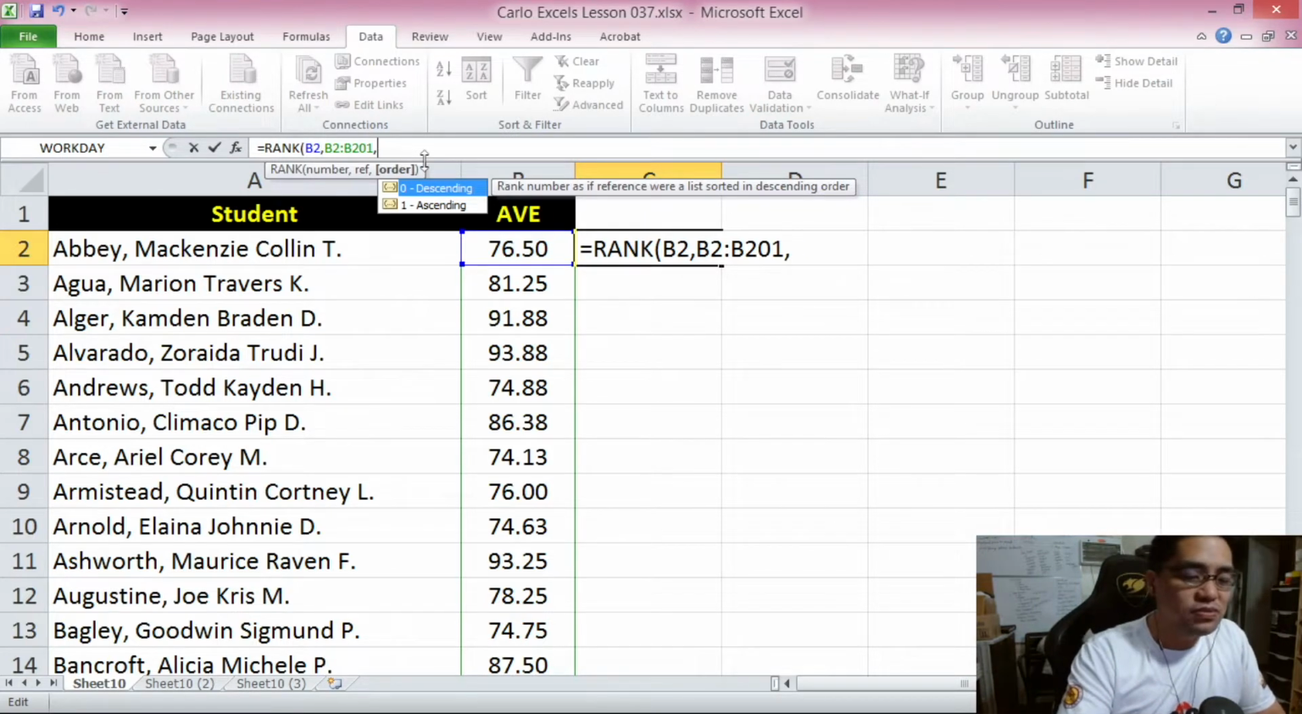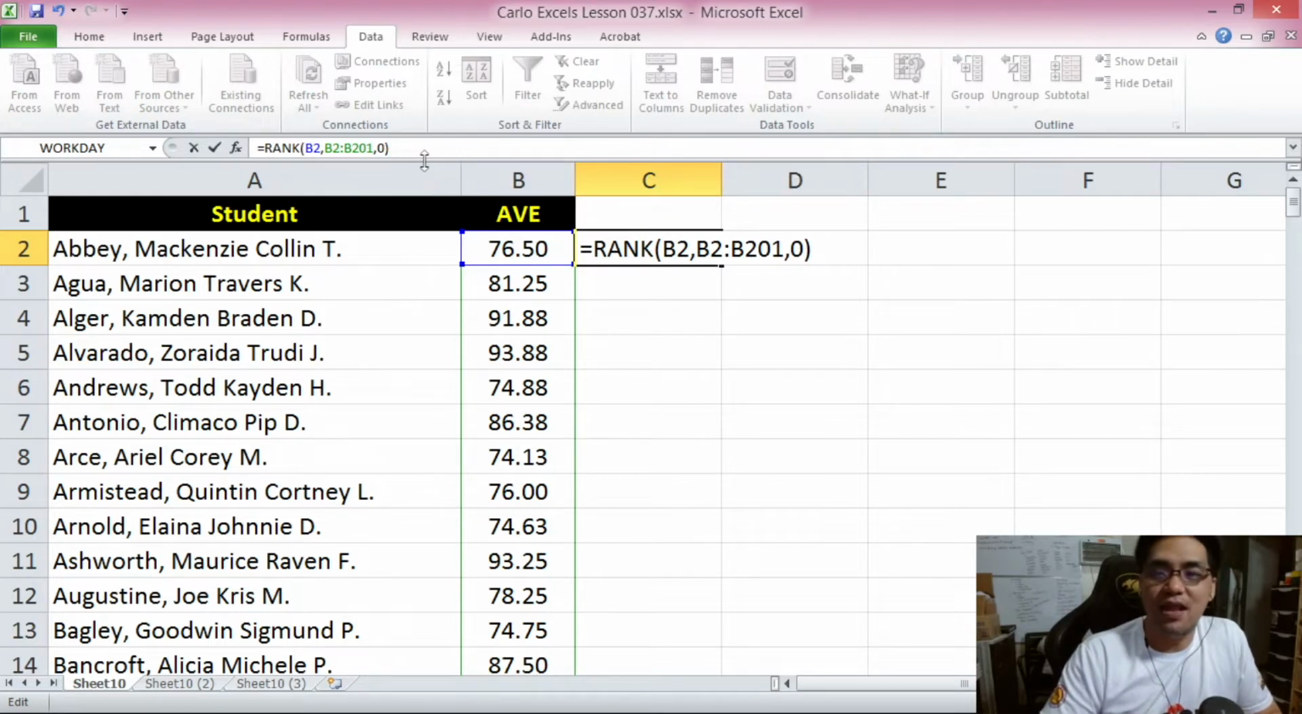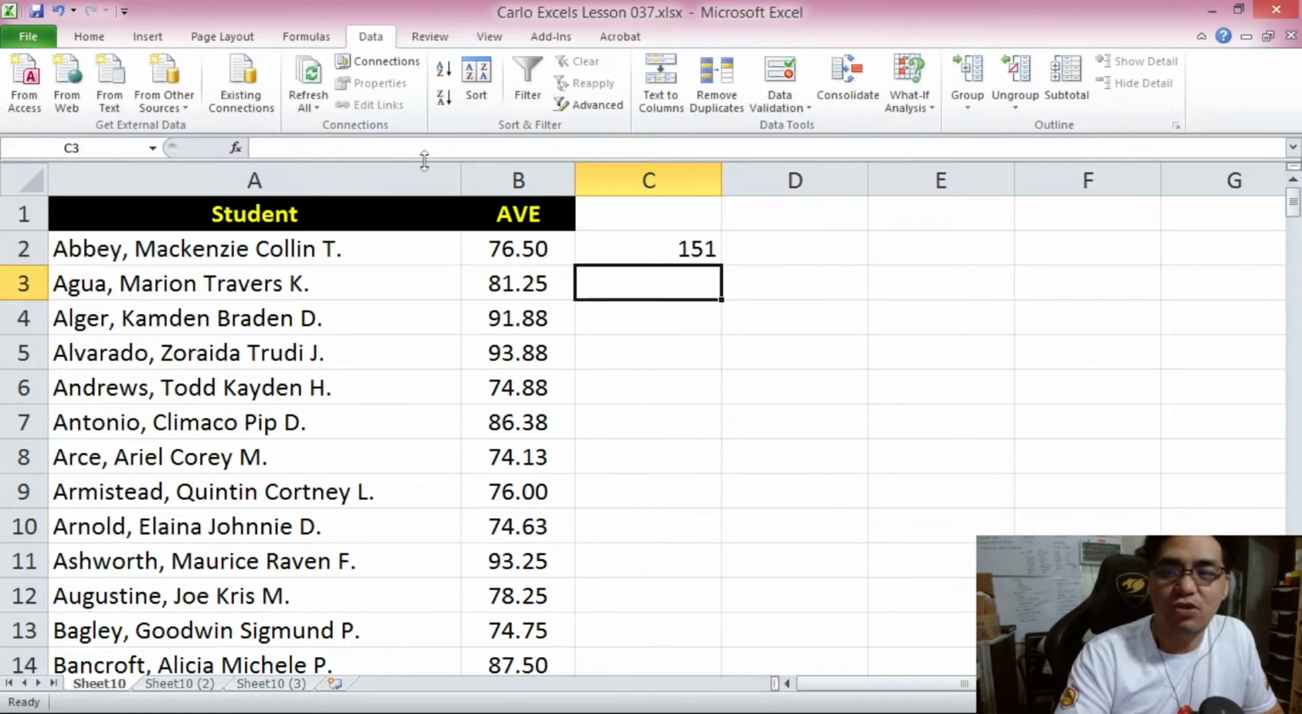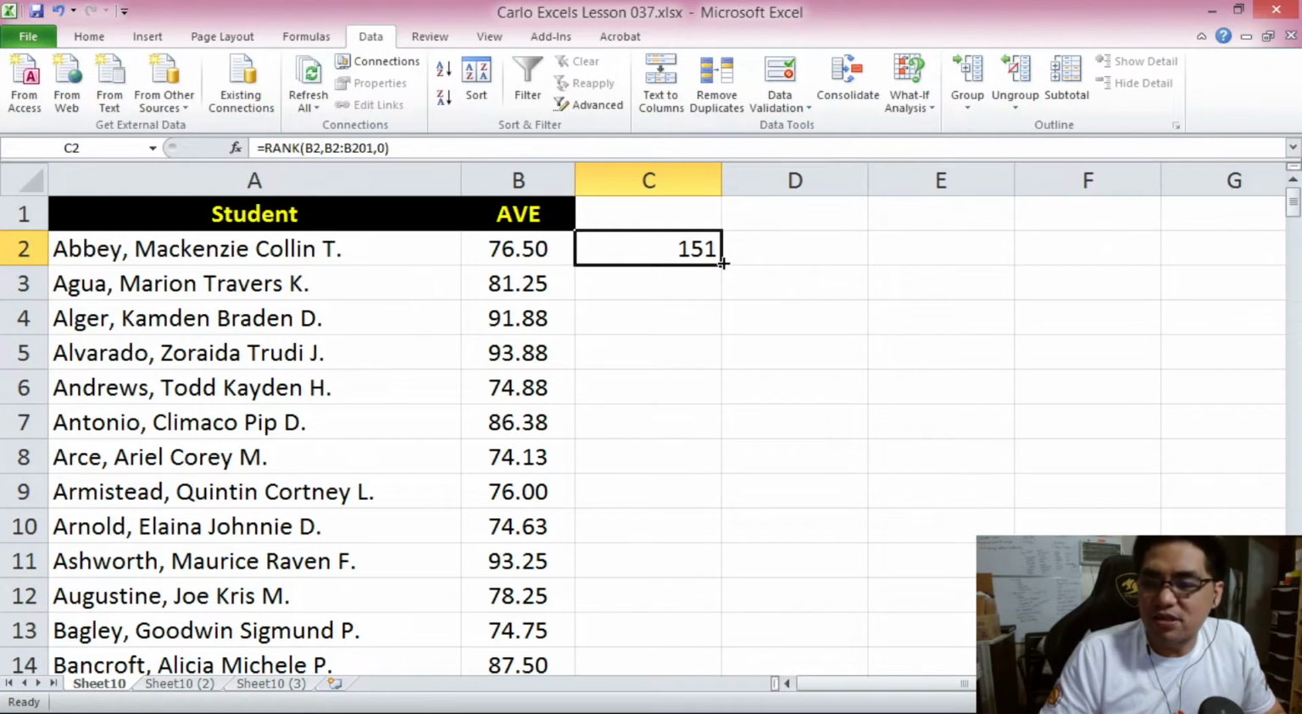So we're going to use the descending order like so, and then we close the parenthesis. So those are our arguments for this rank function, and then we press enter to find out our answer. Now, according to the result that we got from the rank function, Abby Mackenzie Collin, his grade of 76.50, his rank is 151. So in other words,